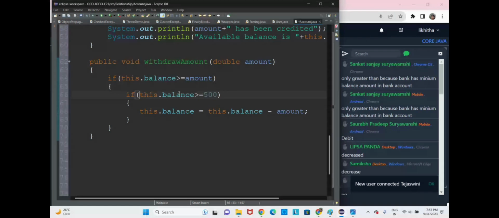Even the old banks are there, and new banks which are just newly evolving, newly growing. Those banks you need to have minimum 500 in the account. So here the minimum amount should be 500. Maximum any amount can be there, but minimum should be 500 for withdrawing. So minimum 500 you can keep in the account,